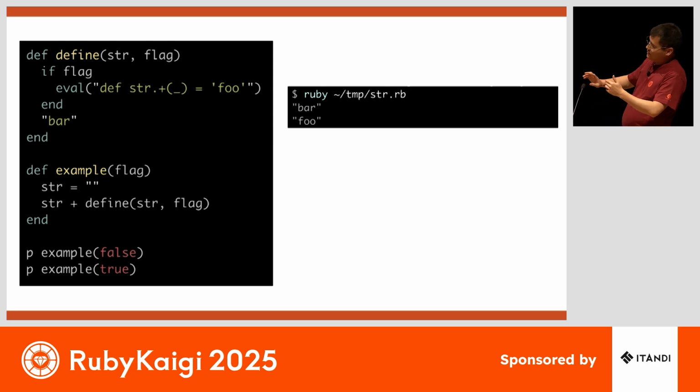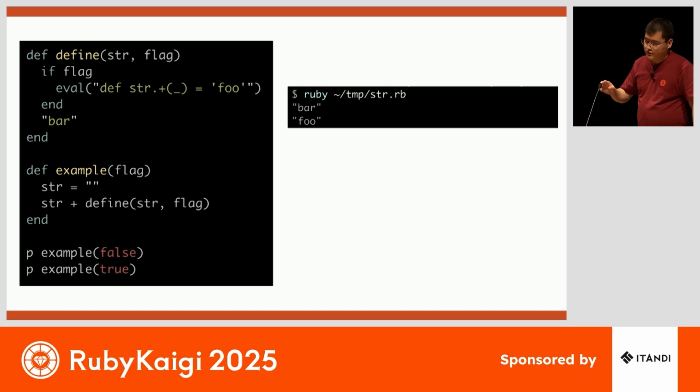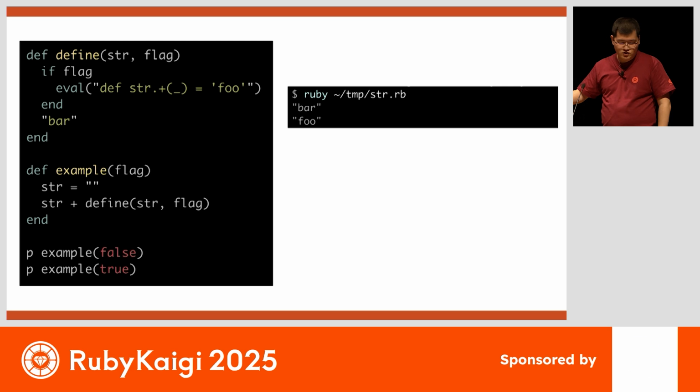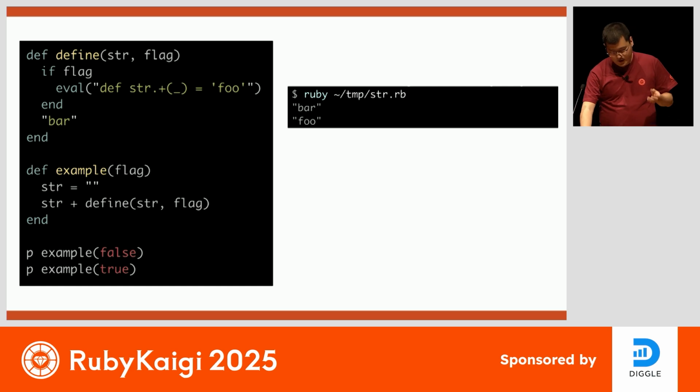And the next step is going to set the flag to true, so it redefines the string plus method on that specific string object. So instead of concatenating empty string and bar, it's going to just return the foo string literal. So if you run this script with the interpreter, the correct result is going to be to print bar first and then foo next. But